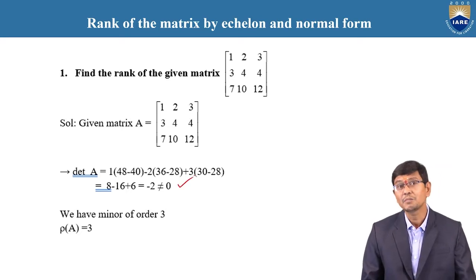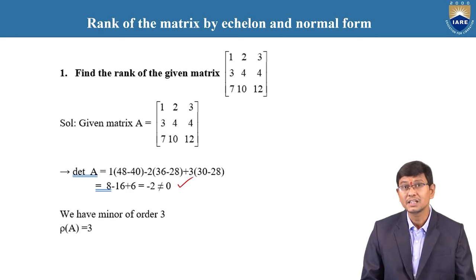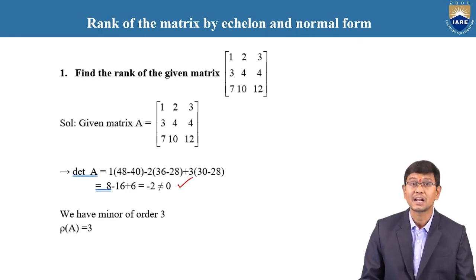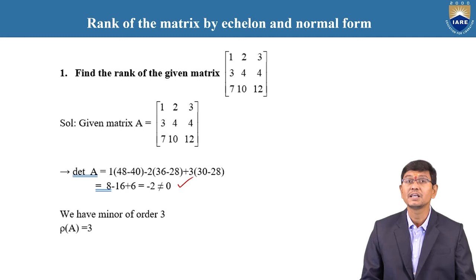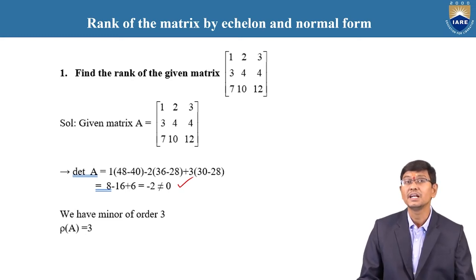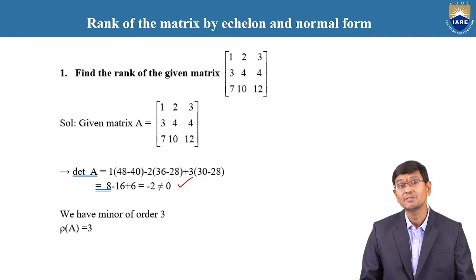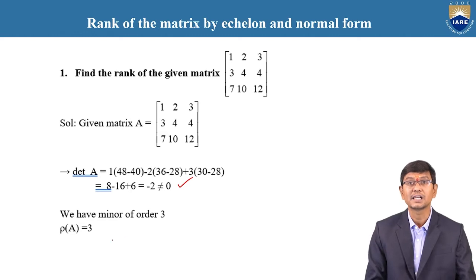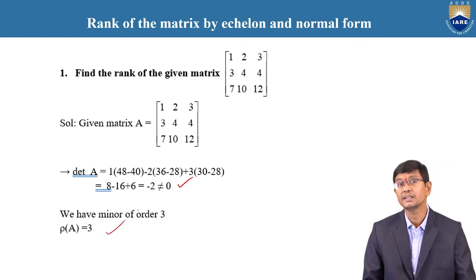According to the property we just discussed, whenever the given matrix is non-singular, the rank of the matrix is the order of that matrix. Here the given matrix's order is 3, and the determinant is not equal to 0. Based upon the note condition, it is a non-singular matrix. Therefore, the rank of the matrix is the order of the matrix, which is equal to 3.